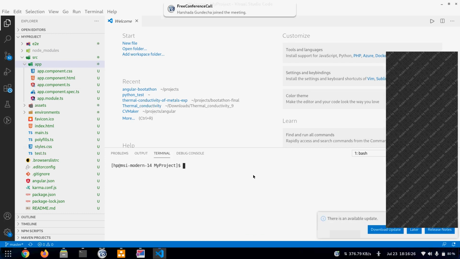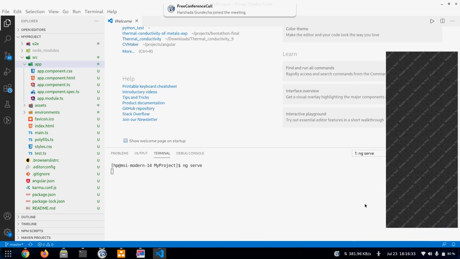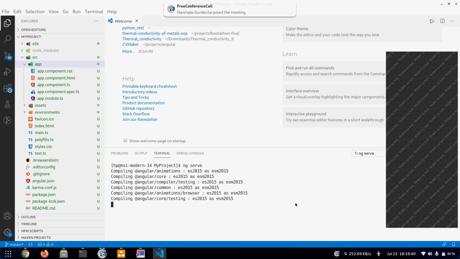To run the project, there's a command ng serve. It will compile all the modules that we have made.